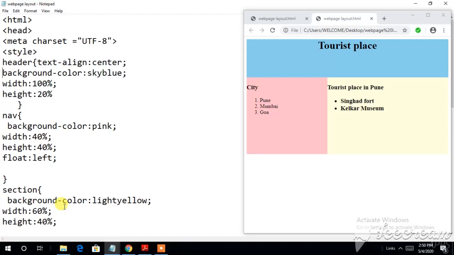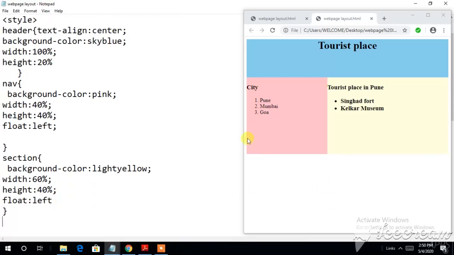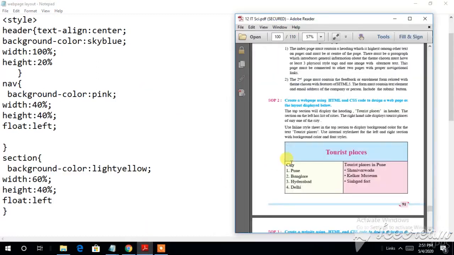So the header part, background, width, everything is done with height, float, section, background, everything we have put here, and this is how our coding looks. It looks very nice, and the coding is working. Now, hope that from this practical session you will be able to understand how to create web pages. Simple things, simple codings.